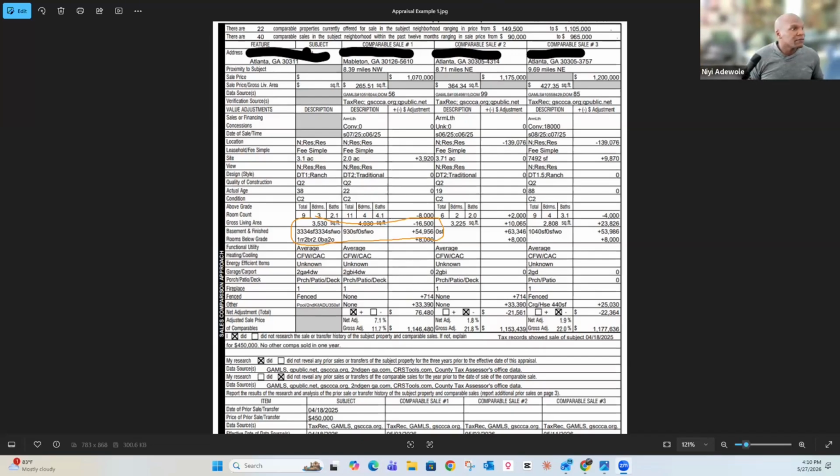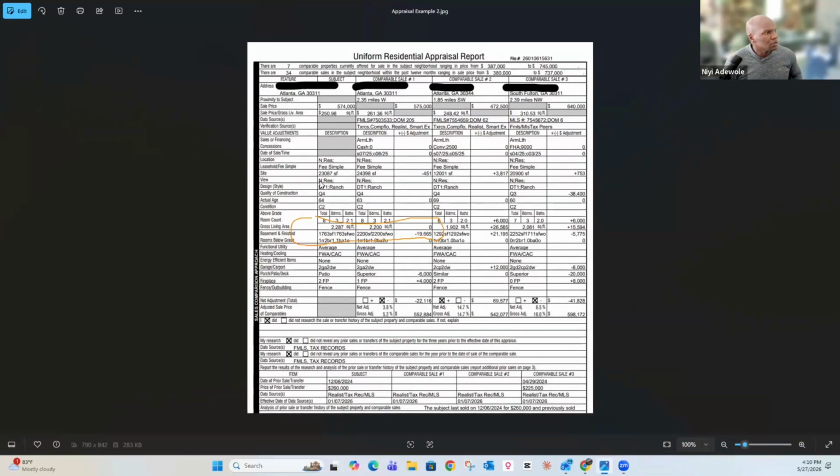And so, okay, that's the first example. The next example is this one. So this is a house that did appraise. I want to say it appraised for the exact value that we got it for. There we go. And you can see that these ones were a little bit closer to the actual comp. When you look at how these were laid out, right? You've got 3-bed, 2.5 on the upstairs here. And this first comp has 3-bed, 2.5 on the upstairs.